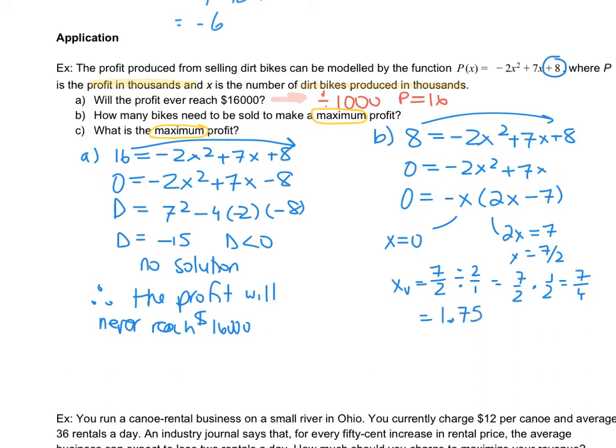That doesn't mean you're selling 1.75 bikes, because if we look at our scenario, X is the number of dirt bikes produced in thousands. So I'm going to multiply this by 1,000 for my therefore statement. And when I multiply it by 1,000, I get 1,750 bikes. And now to actually find the maximum profit, I can take this value and sub it into my P of X. But before we do that, let's just write our therefore statement. Therefore,